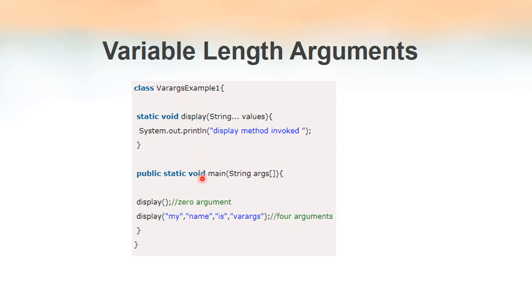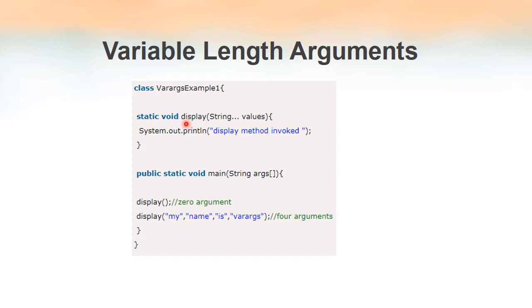So when we write more methods within the same class that consists of main method, all those methods have to be static, otherwise main method will not be able to call them. So we are declaring this method named display as static, and it is not returning anything, it's void. And see, this is a variable length argument because there is a data type, that is string, and 3 dots, that is our ellipsis, and then the variable name.